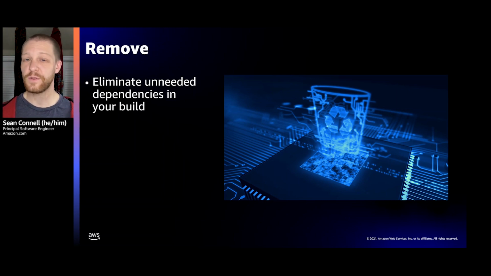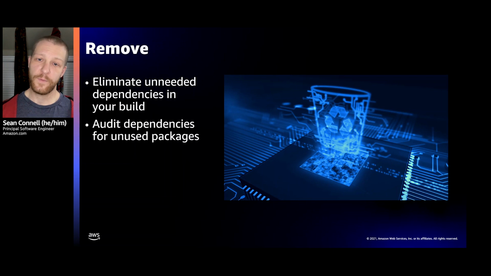So it's good to kind of audit what dependencies you have and if you actually need them. Depending on your ecosystem for your language and what you're doing, this might be more or less difficult. If you have a newer language with a better build system, maybe you're already doing this by default. If you have an older language that's more difficult to infer dependency graphs, you might have to do it by hand. But it's really worth doing because if you can get rid of code, your maintenance burden goes down and it's easier to move things to new platforms or processors.